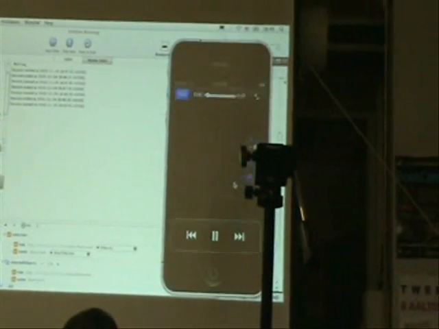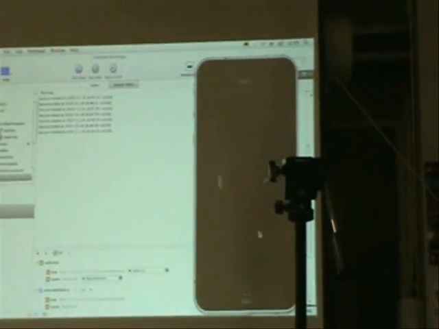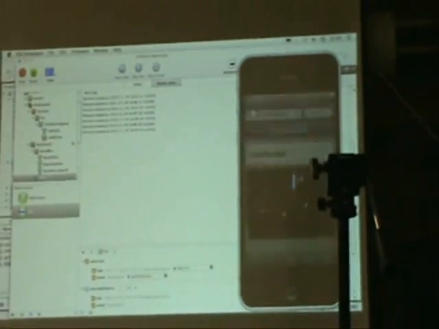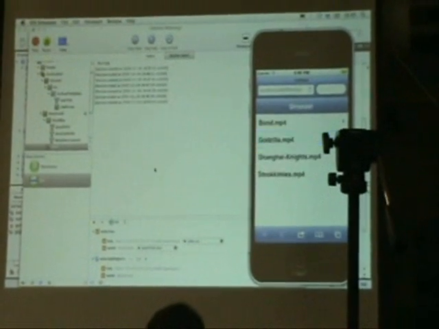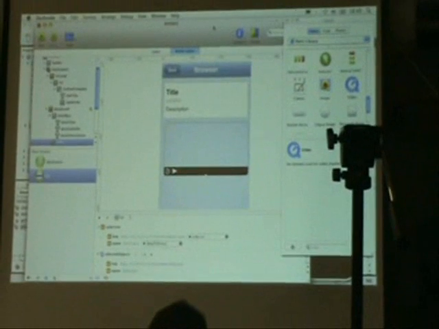Isn't it cool? Just visual programming, no coding. If you want to code, you can do it. And final part of the demo would be,